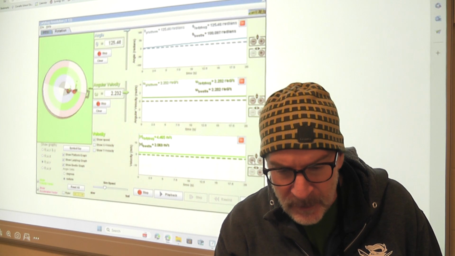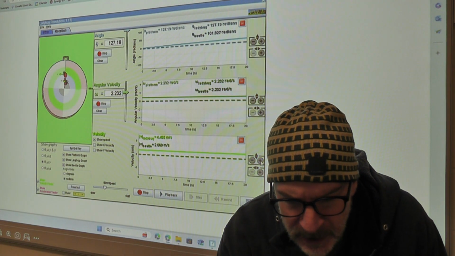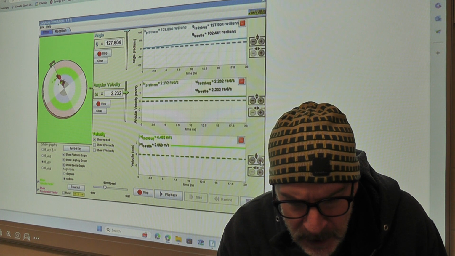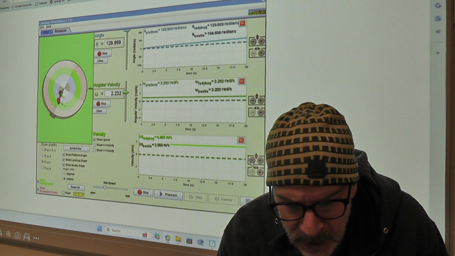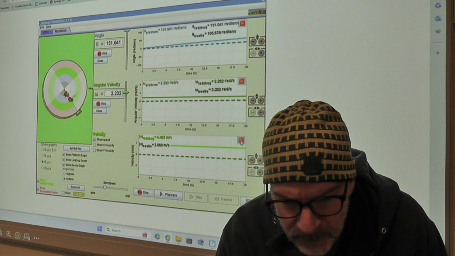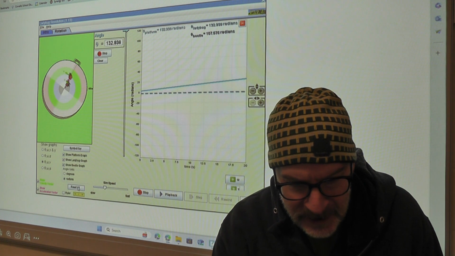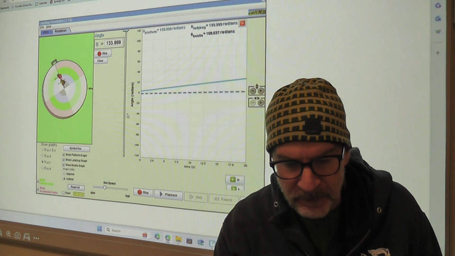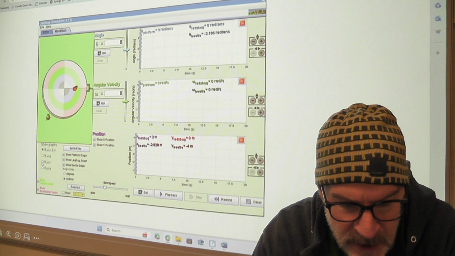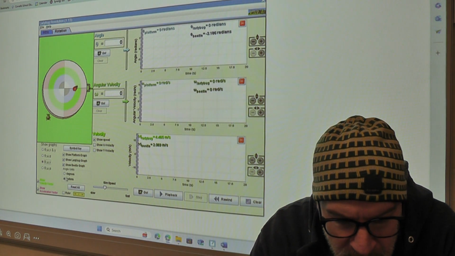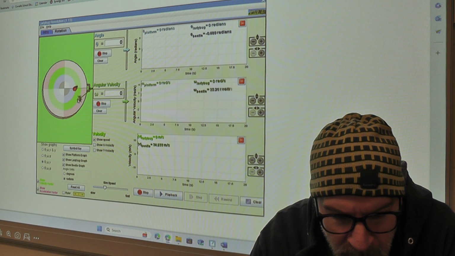So, let's see. Oh yeah, there we go. The dotted line is my, hang on. I need to reset this, sorry. I want to show you what this looks like if you start from the beginning. So I'm going to go back to my graphs, and then I'm going to put the beetle on there,